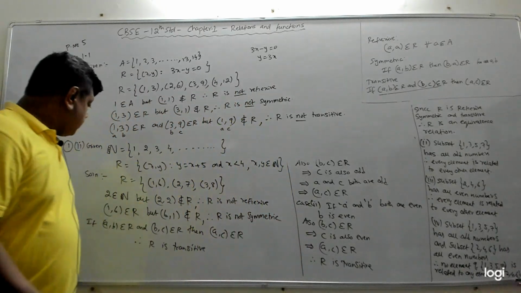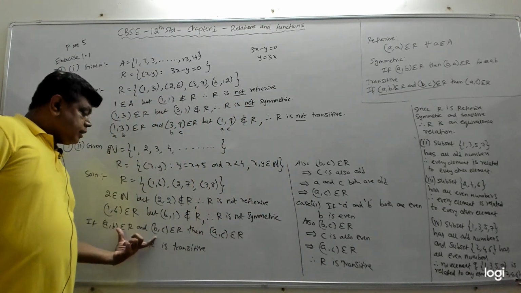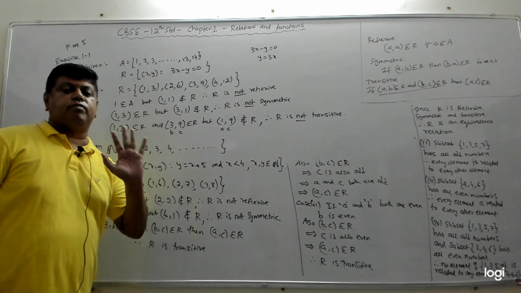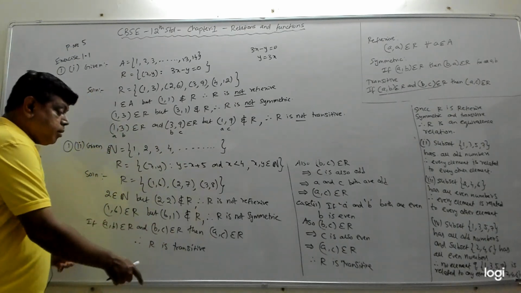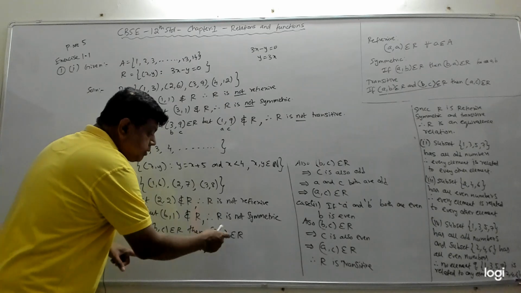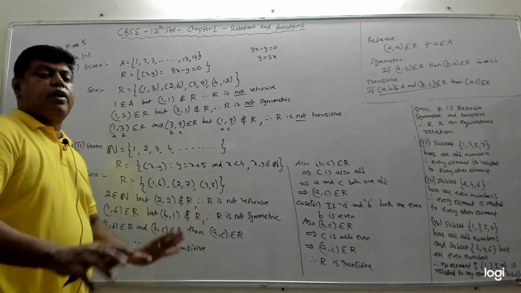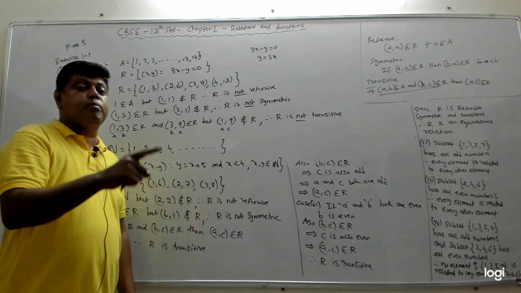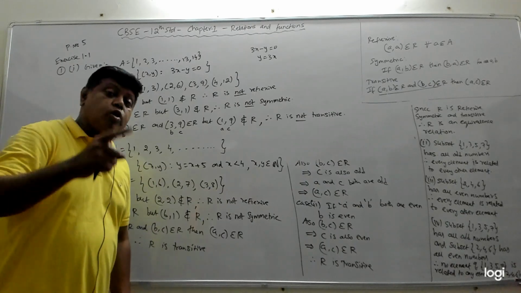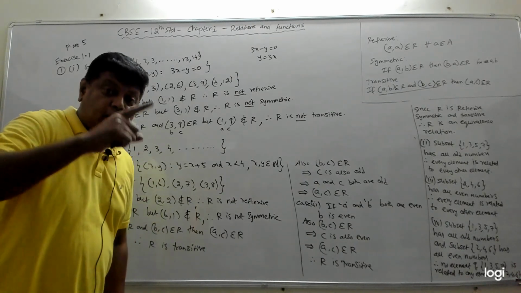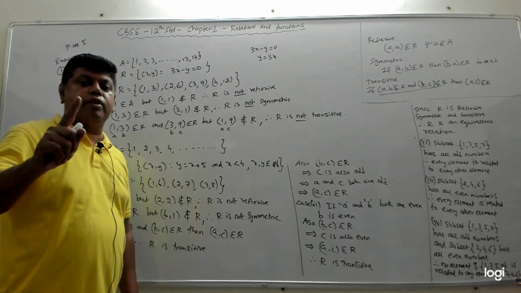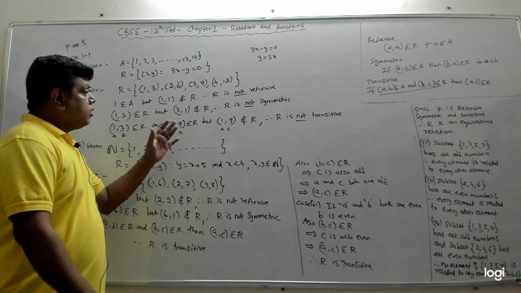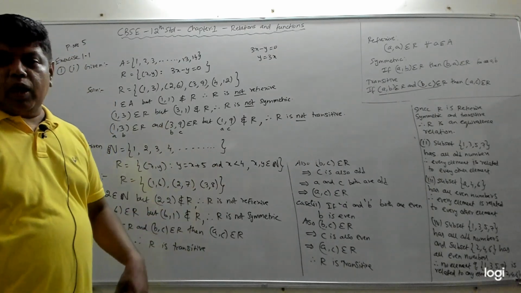Fine. So therefore, whenever you are not able to find two elements like this, then you have to immediately say that it is transitive. If you are able to find them and A comma C does not belong to R, then it becomes not transitive. Only in that case, you should be able to find the elements A comma B and B comma C, and A comma C should not be in R. That is the only case you say that it is not transitive. In all other cases it is transitive. Fine. So copy this, and I will stop the video here.